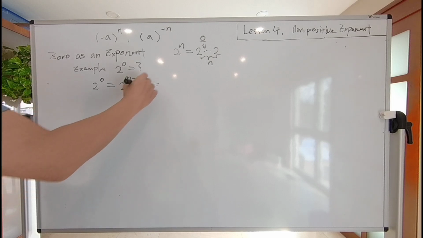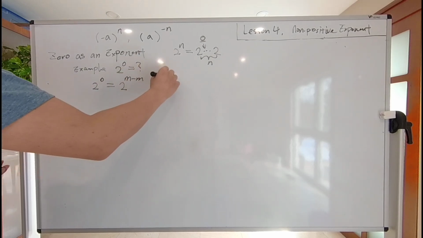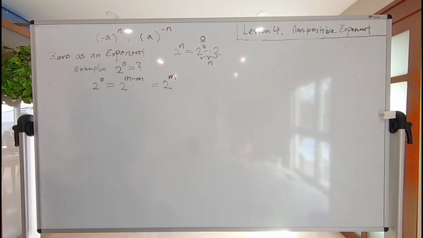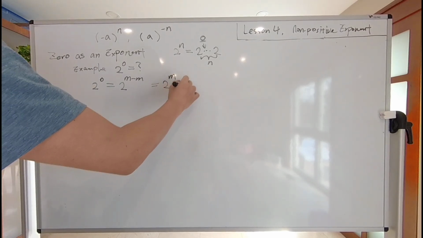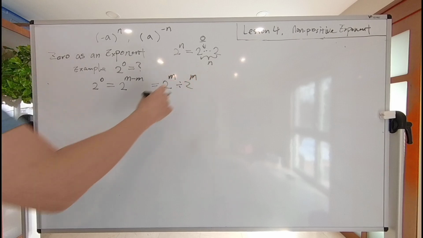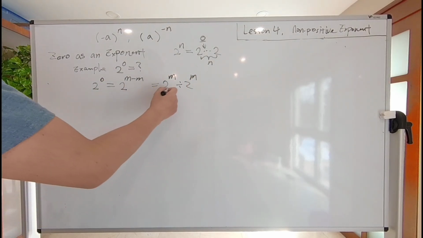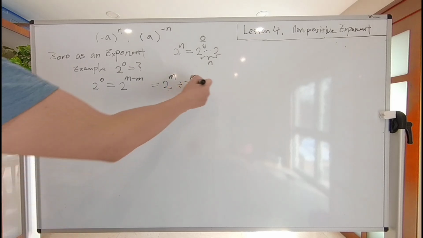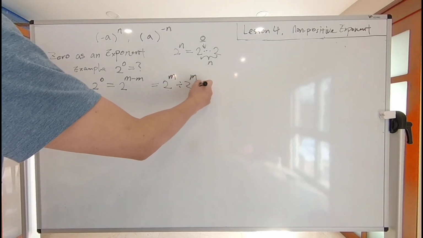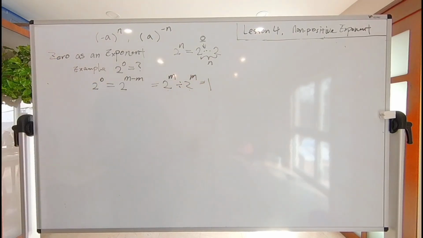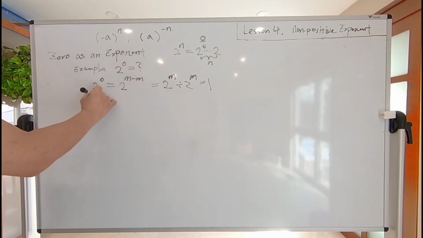This equals 2 to the power m divided by 2 to the power of m. And these two numbers are apparently the same, so the quotient is 1, right? Basically the same number divided by itself. So this means 2 to the 0th power